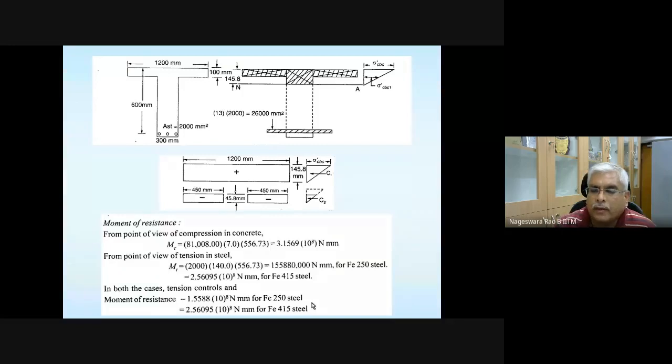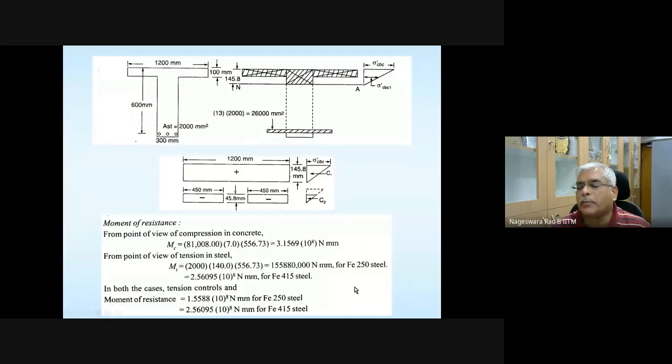In the rectangular section you saw earlier, depending on the type of steel used, sometimes the concrete reaches its permissible limit first, sometimes the steel. But for this T section example, steel is the one dictating the moment of resistance. Usually, I'm telling you, for T sections, the steel is going to dictate the moment carrying capacity. Now we have discussed enough on this.